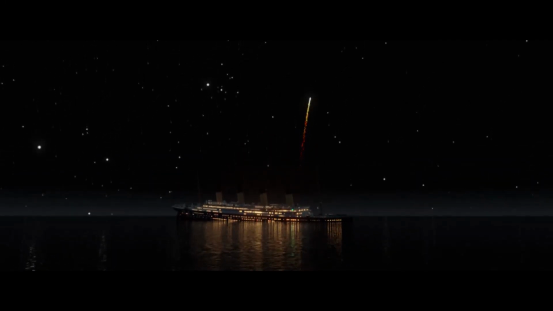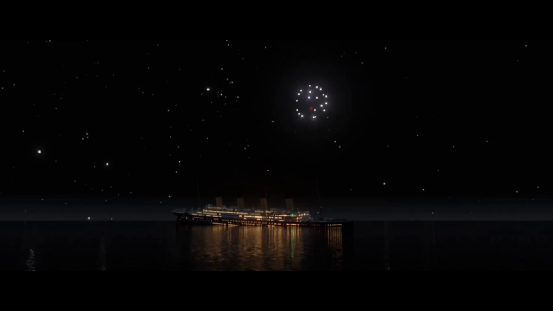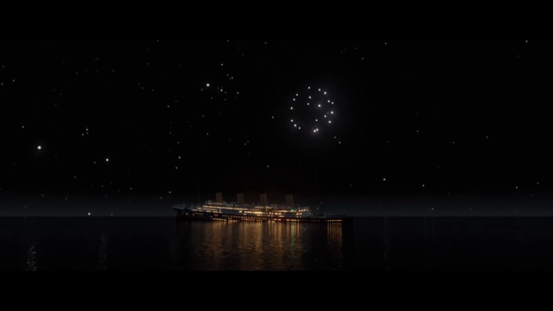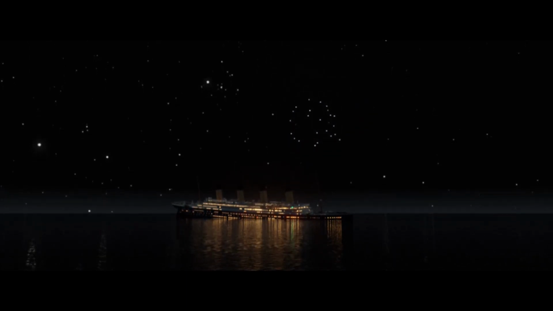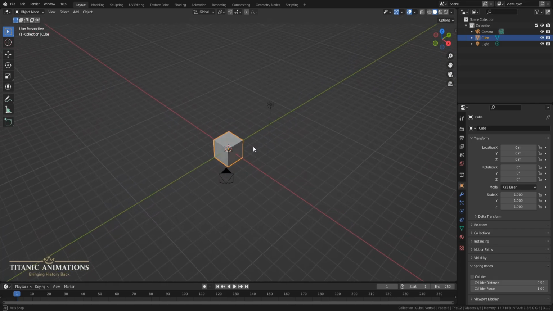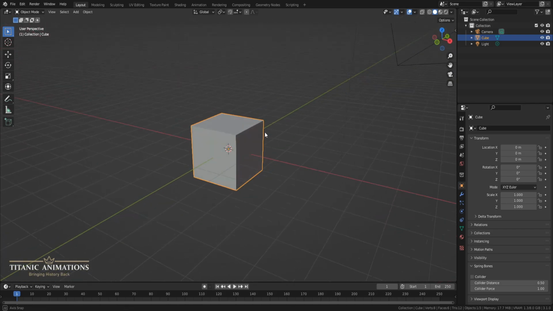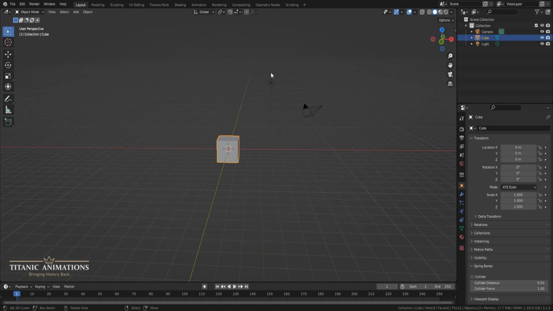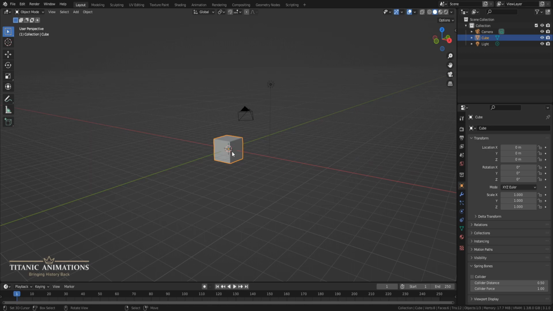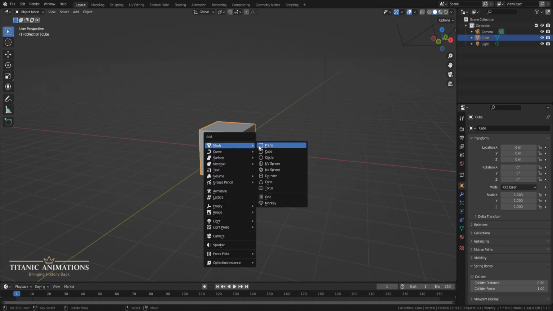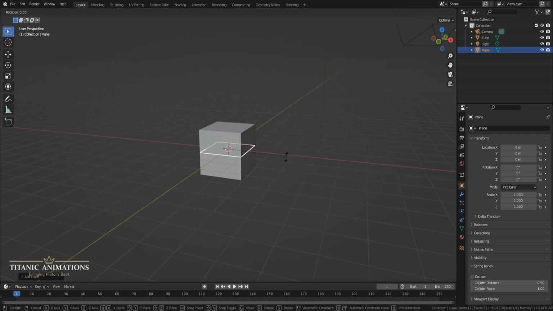Okay, everyone. I'm going to be showing you essentially how I'm doing the rocket animation for the real-time film that I'm working on. So essentially, the rocket animation itself is handled in a different file. So if you treat this cube as the ship, and if I add this in,